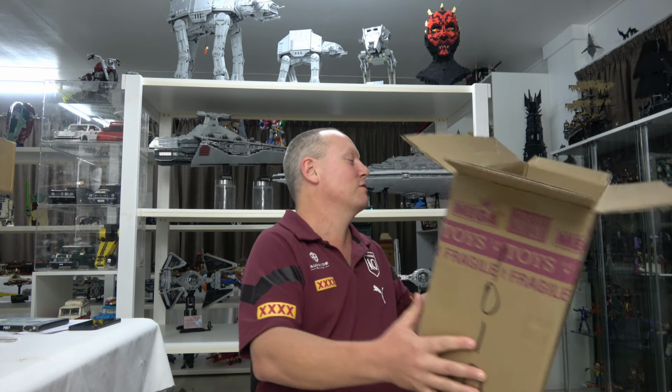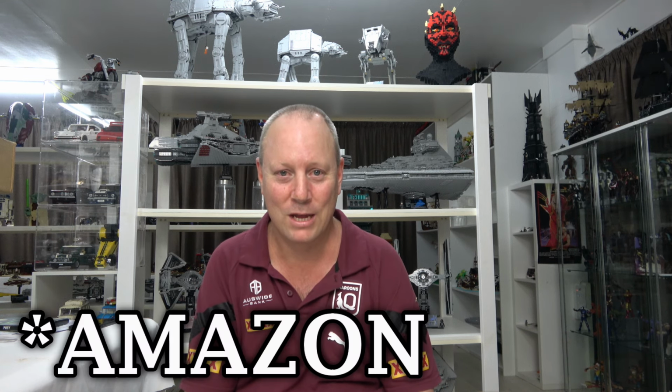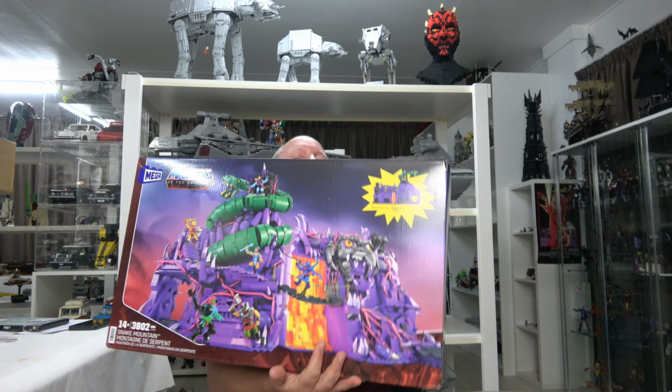and I wasn't sure I was ever going to get this set to go with it because it's an expensive set. I've kept an eye on the prices, and I actually missed this. Mark sent me a message of a price that came up on eBay, so it was 155 US. Now I'll finish the story on the prices because I've got a bit of a tip for you if you're looking to buy this set, but I'm going to show you what it is first, and it is, oh man,